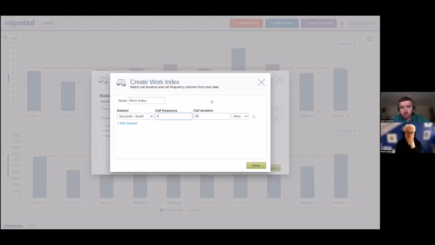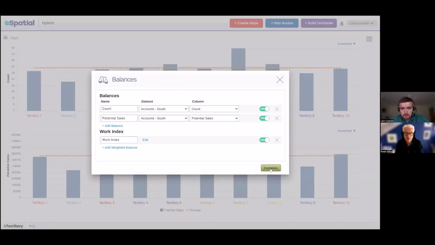So the view that you're seeing here is just the default view that I'm using to keep it simple, saying one visit per month and 30 minutes with that customer, but we can definitely get a bit more sophisticated based off different frequency visit rates. And then the system calculates the travel for you. Exactly.